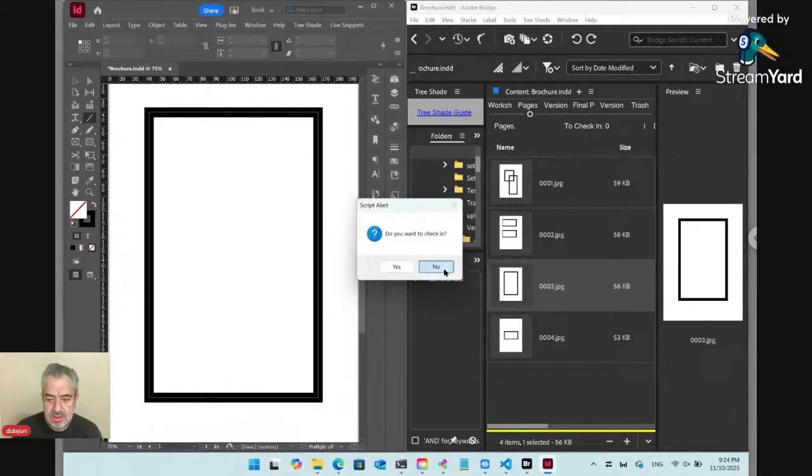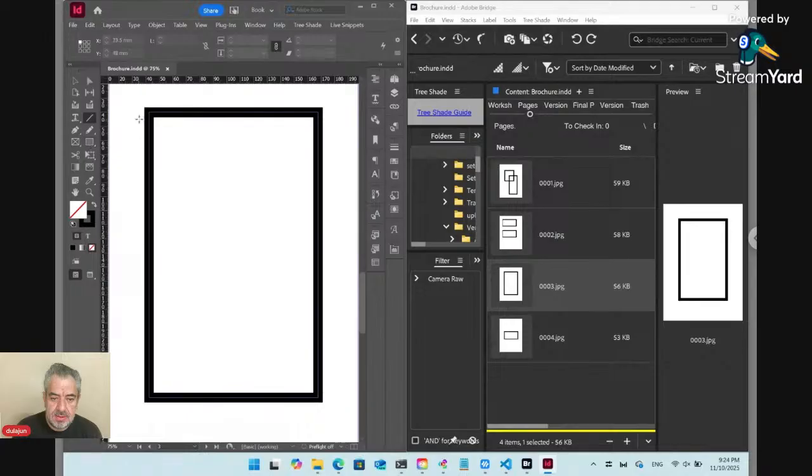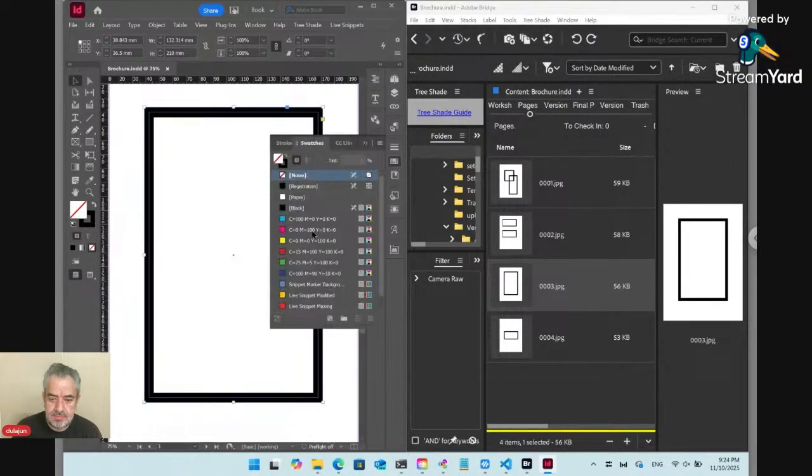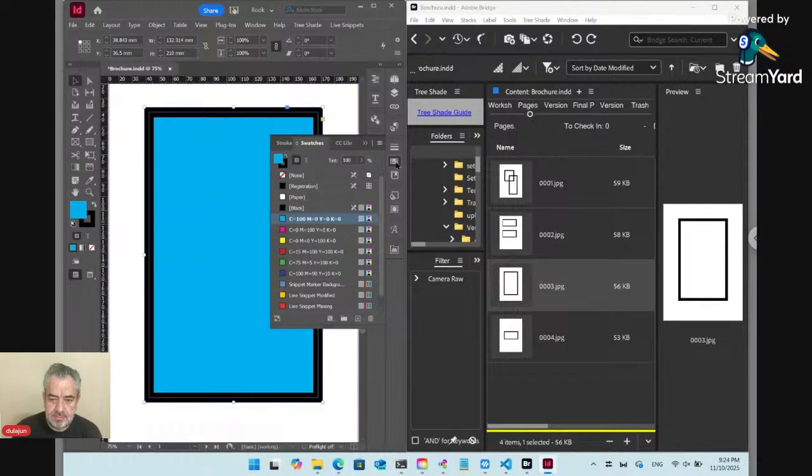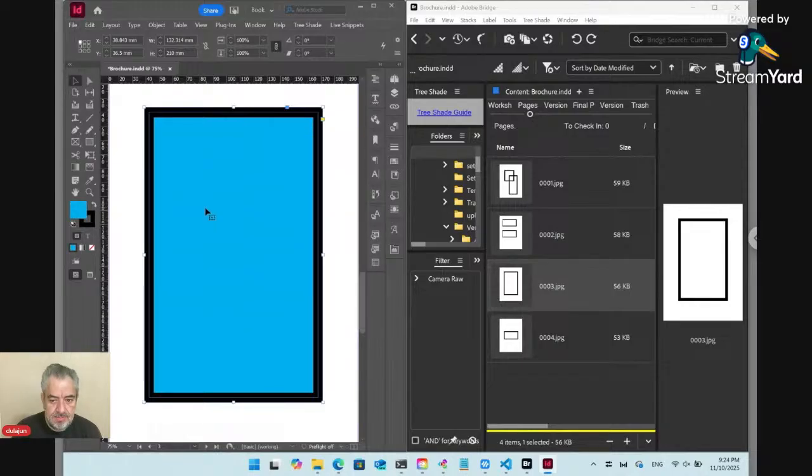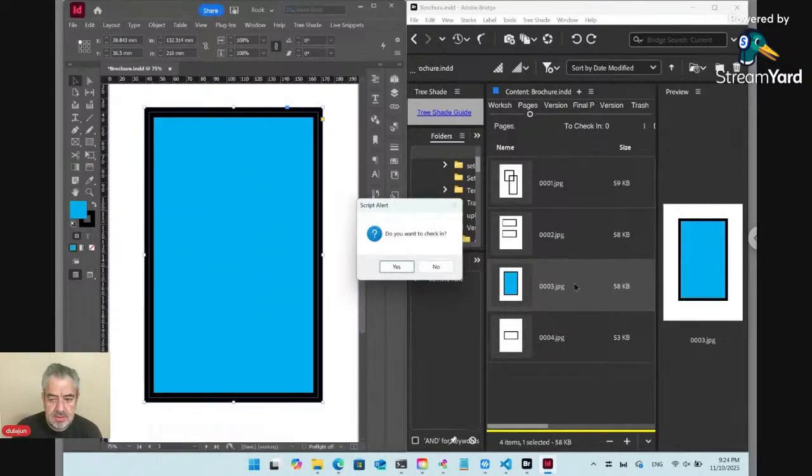So if you click no, let's try again. Let's change the color here. And save. See, the image is automatically updated, whether you check in or not, because these represent the workshop copy, not the version. So click no,